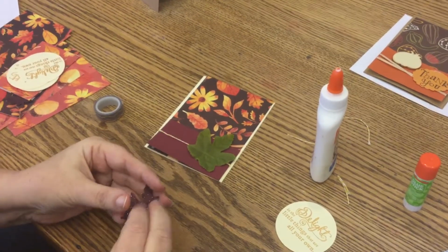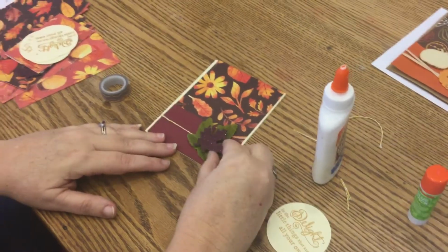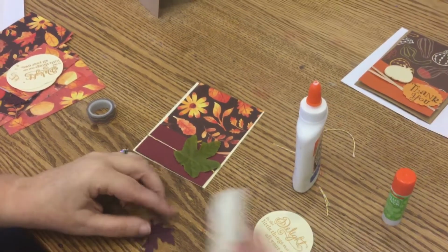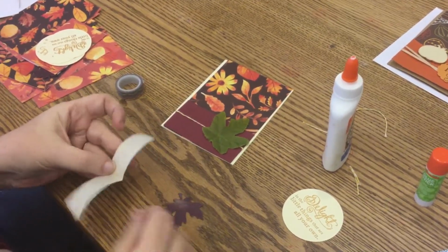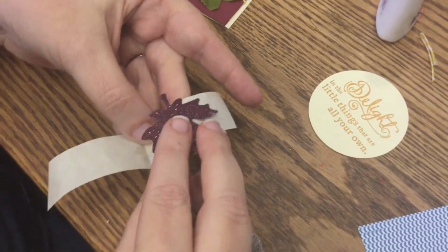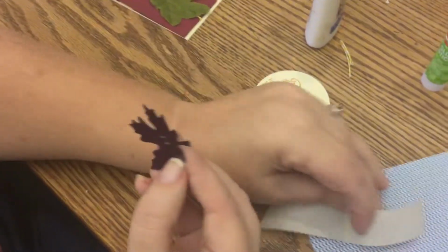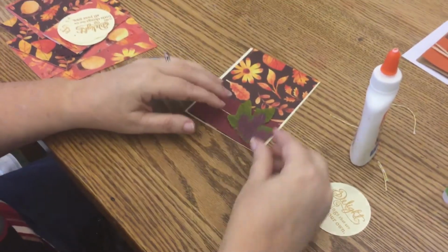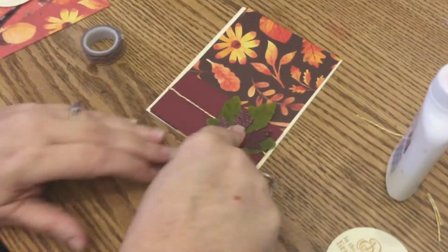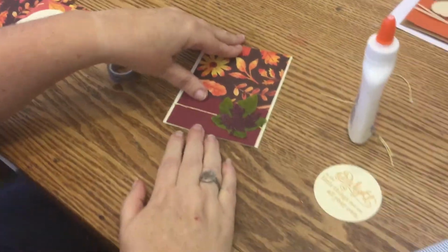I'm gonna close that. And then this actually is another leaf. So you could do the actual glue dot or whatever, but you could also use the glue. So it's going to be on top of here. I'm going to show you that glue dot one more time. So there's glue dot, and then your item, and you push it and pull it, and it should come off on your item. And then I like to twist mine different directions, and you push really strong on the glue dot, and then it stays. Okay,